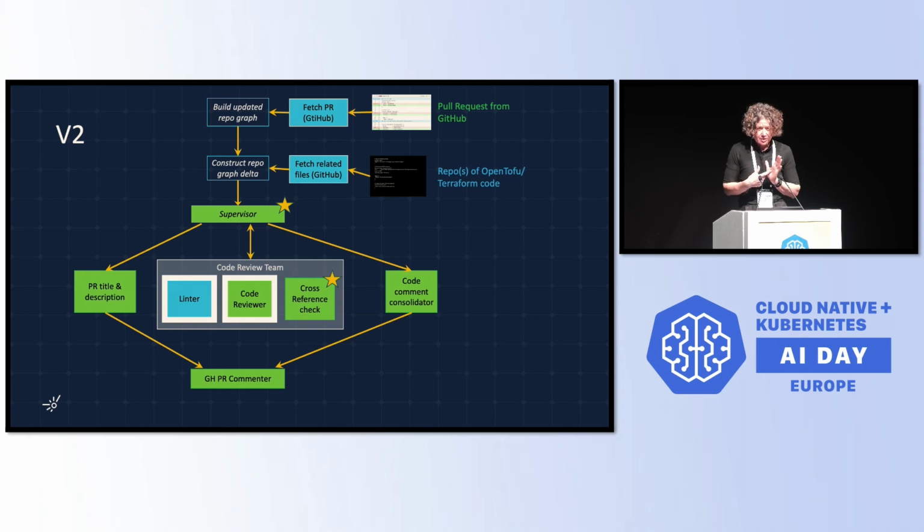We'd really like to insert some user instructions. We know we need to break down the code reviewer more, but we've started just splitting out a couple of tasks to see, do those make a difference? So we've added in a cross-reference check, pulled out from this big monolithic code reviewer, to see whether or not we catch more cross-reference errors. So just starting to break that out.